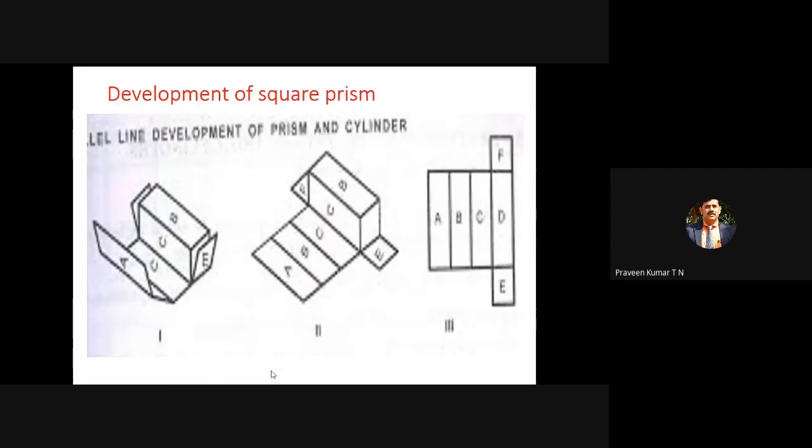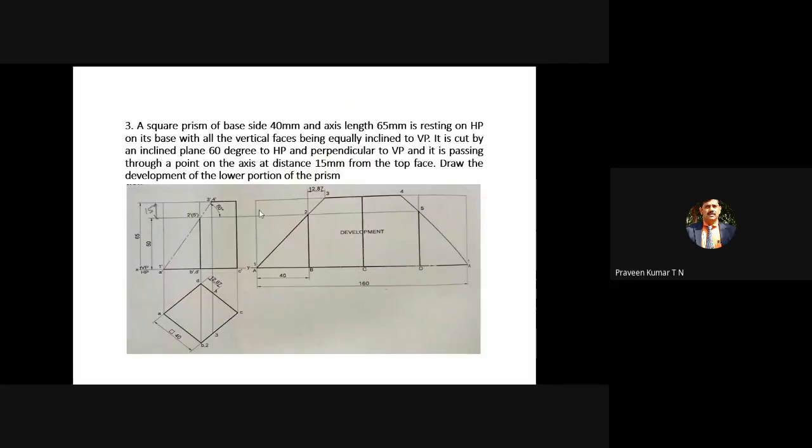The same thing is shown here. The leftmost vertical line is AA1. The rightmost vertical line is again AA1. Then at every 40 mm mark, draw a line. B is again at a distance of 40 mm. B to C is again 40 mm. C to D is again 40 mm. D to A is again 40 mm. You construct the smaller 4 rectangles.